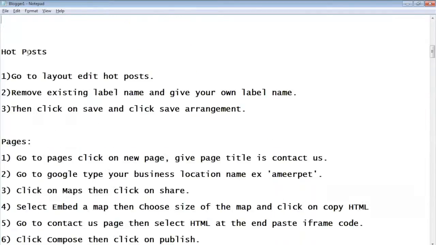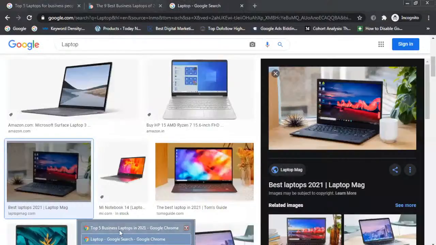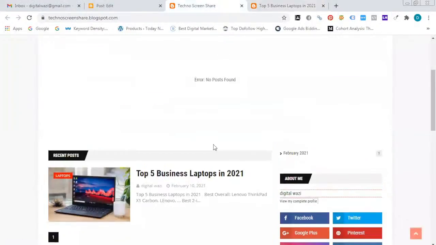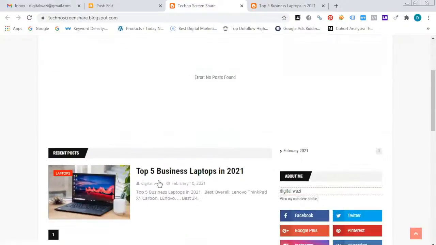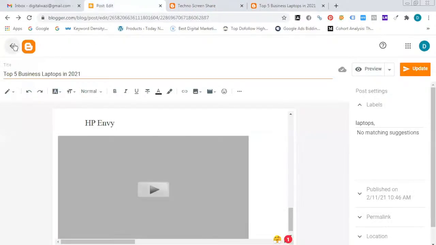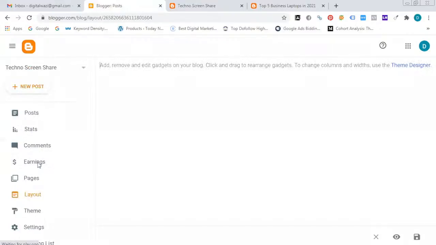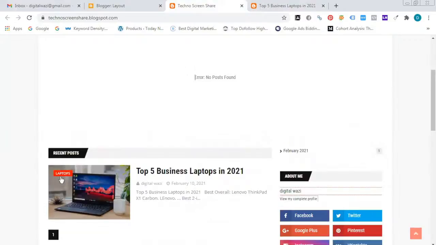See here, there is one option called hot post. Your content should be published at the top of the web, the top of the header section here. In this section we call it hot post as per our theme. If you want to publish content in this section, go to your Blogger backend, then click on layout. Here you can publish only one particular label post. For example, the label I created is laptops.